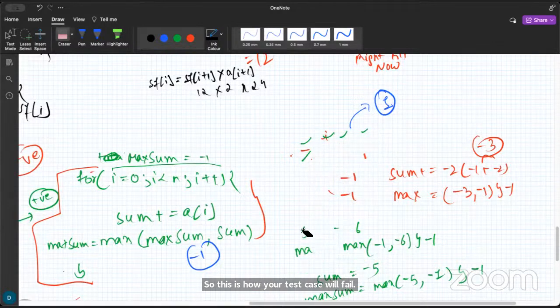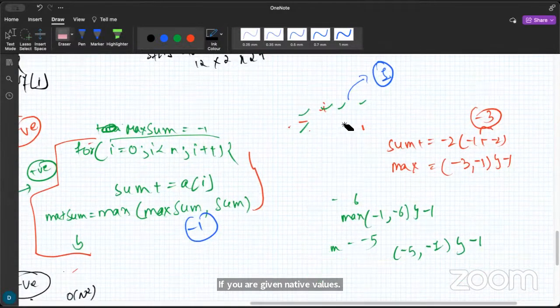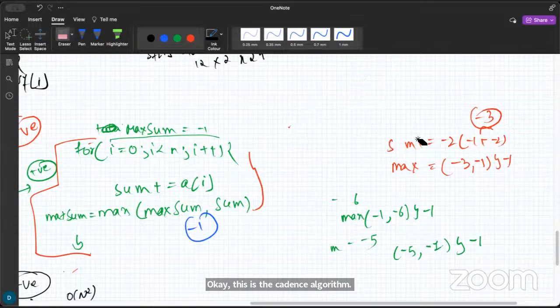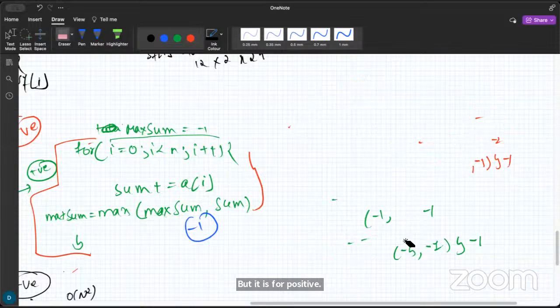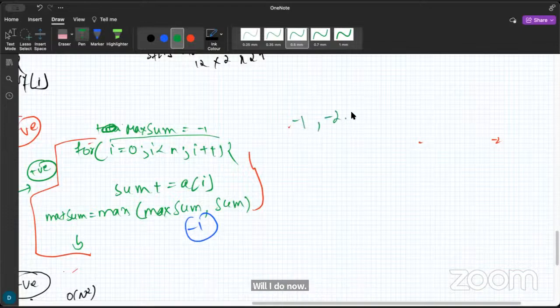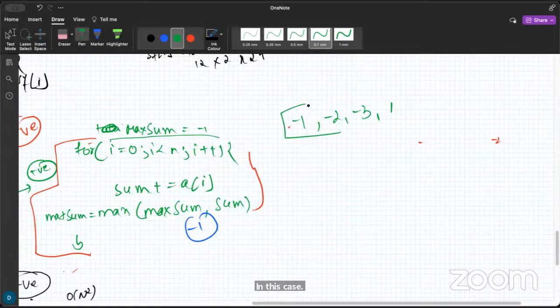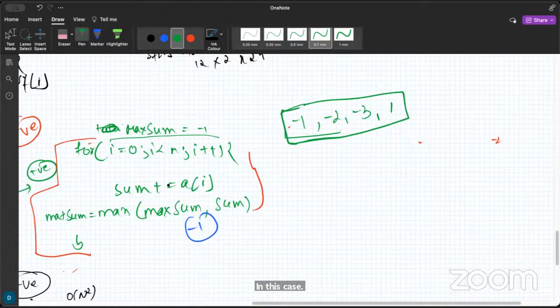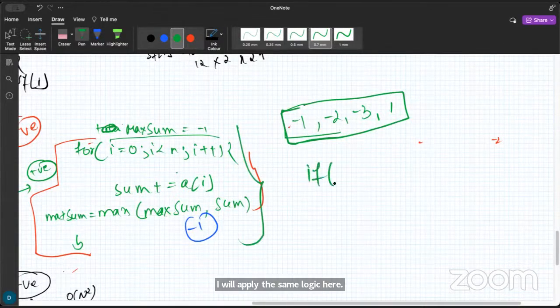Okay, this is the Kadane's algorithm only, but it is for positive numbers. So now I have to deal with negative numbers. What will I do now in this case? I will apply the same logic here, but if my sum is getting negative,